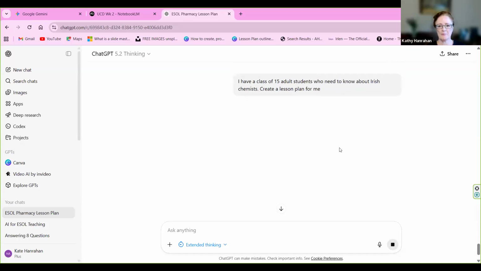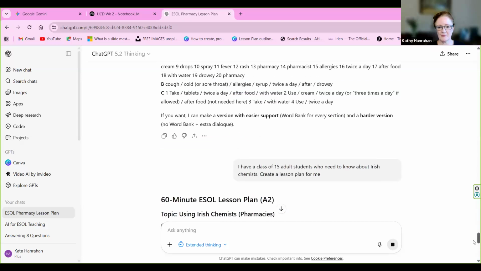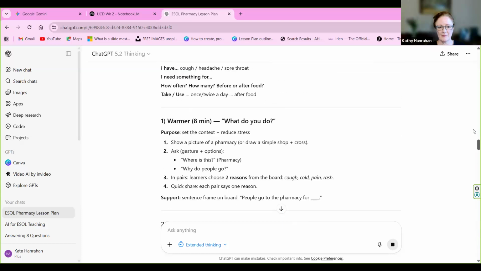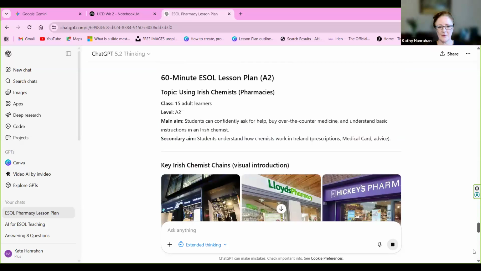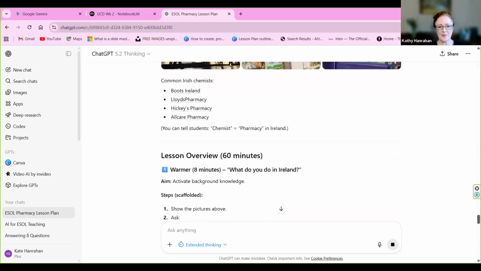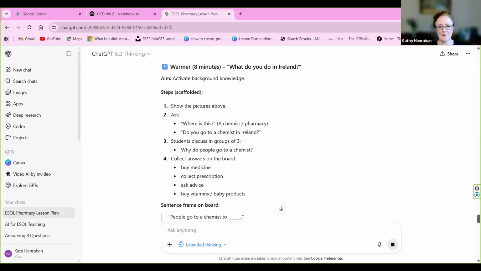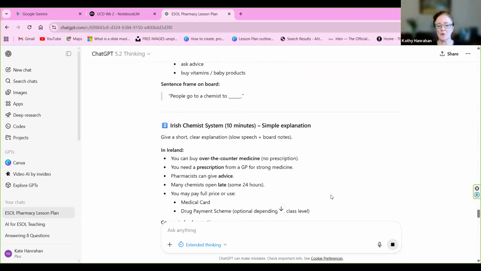And here we go. There we go. It has some visuals for you. It's done everything, the names of them, lesson overview, everything. And then once you have that, you can work on it and say, section 2 isn't what I wanted, change it. And then the other thing we can do, and this is what I really love about the prompts, is